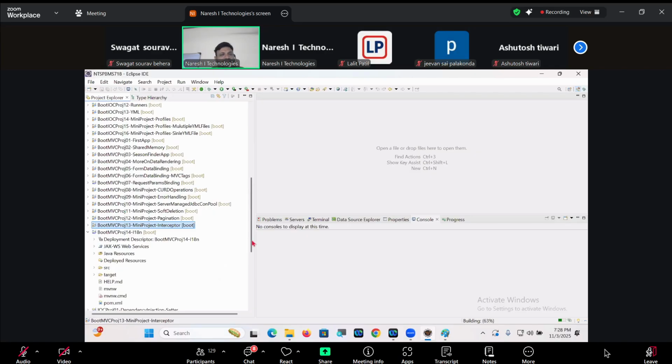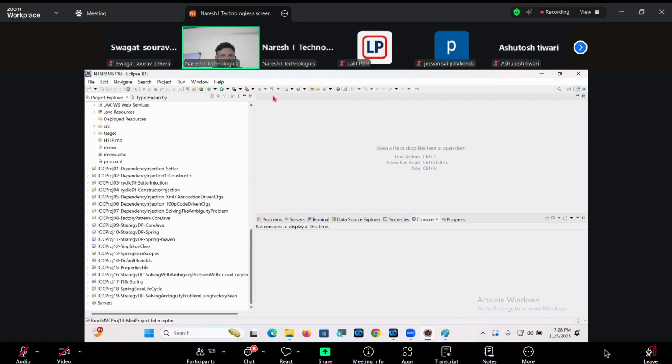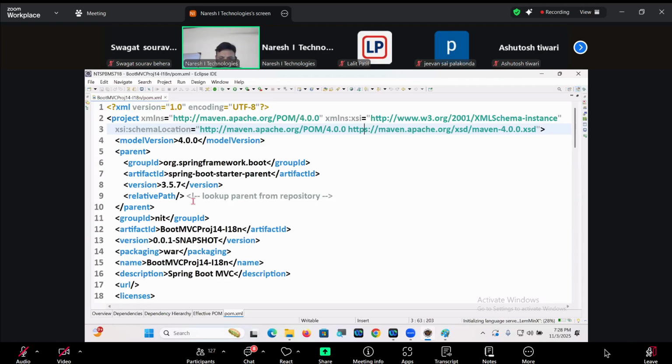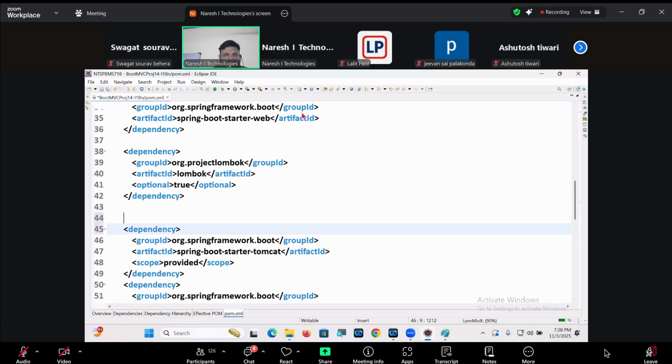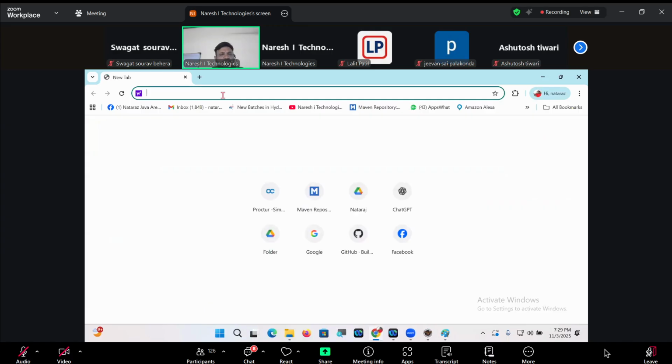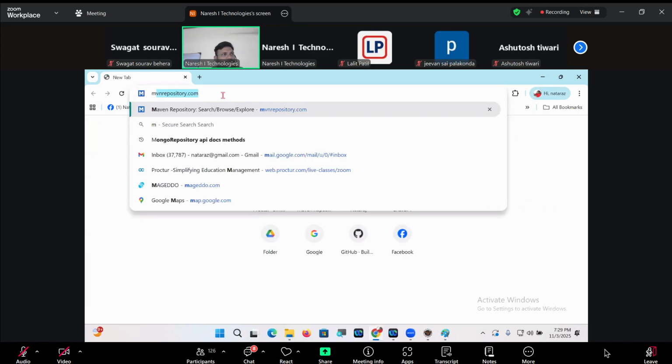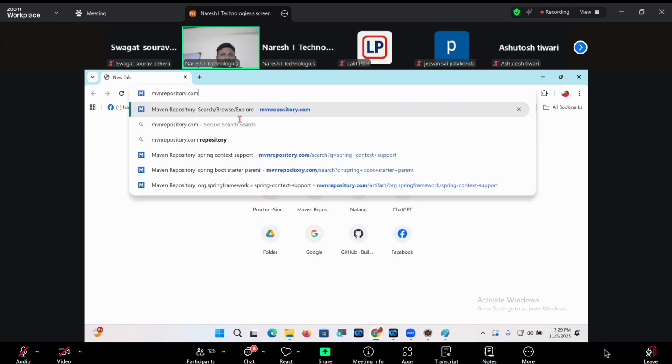We'll try to add JSTL related jars to pom.xml. Whenever you edit, you will get a red mark on this. Here, mvnrepository.com. Apache JSTL.